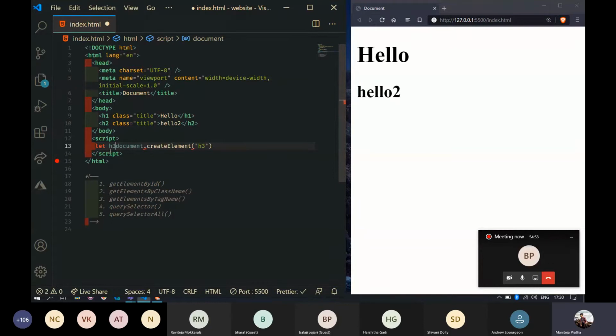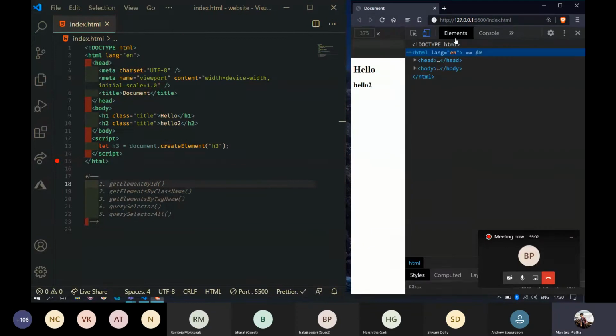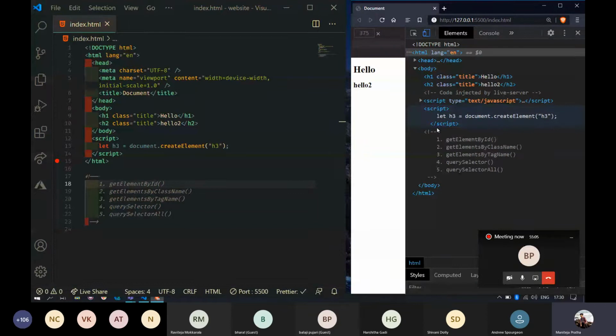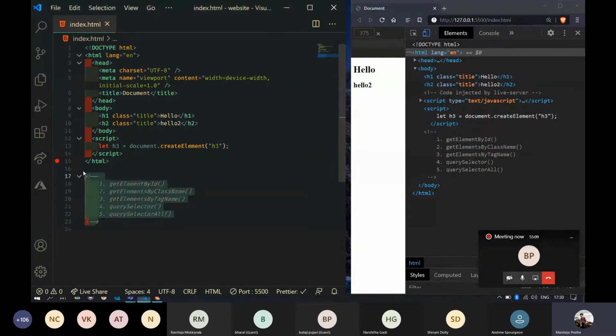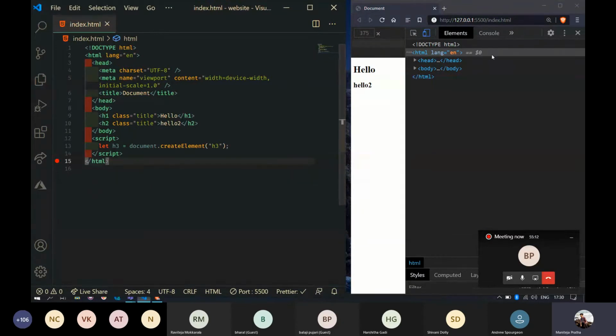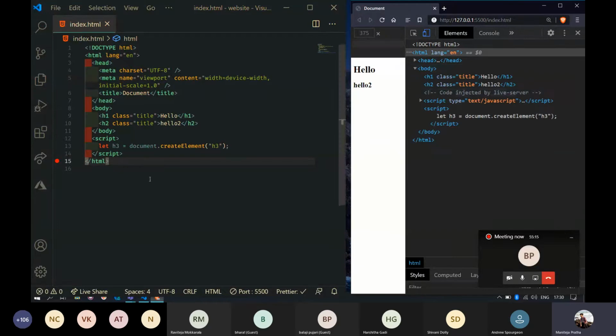So now let's see. If I go into elements, okay, let me do one thing. I will remove these comments. It looks like people are confused by the comments. Those are comments, please ignore them. So what I did is I created a new HTML element directly from the JavaScript code. But if you observe the code part, we only have 2 tags, right? There is no h3 anywhere, right?